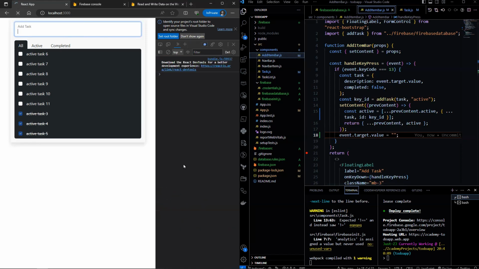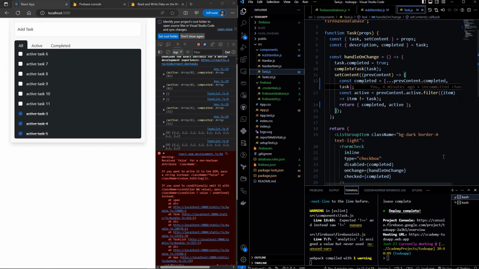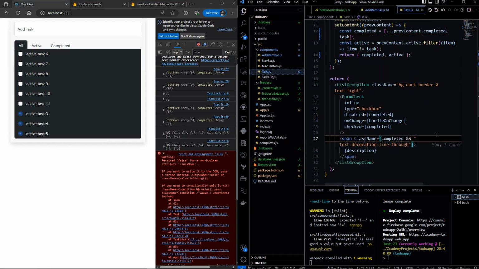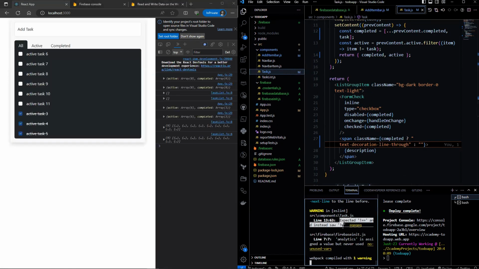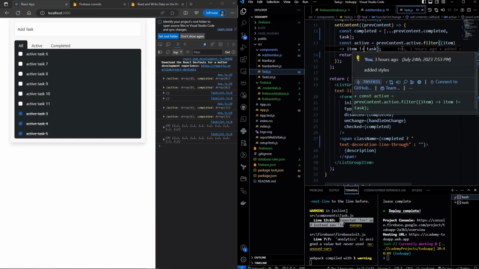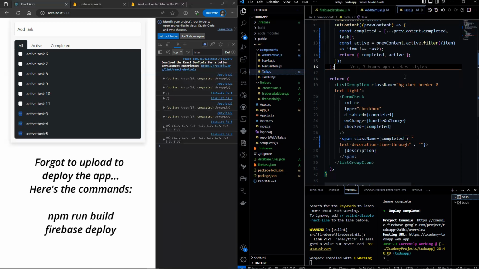Let's refresh the page again. Now React is also throwing a warning here saying that it is receiving false for the className. So let's head over to task. What we can do is to change this to a conditional statement instead. Let's refresh. Also, notice this warning here. We should be using the strict comparison. Let's save the changes. And this is all that there is to this to-do application.